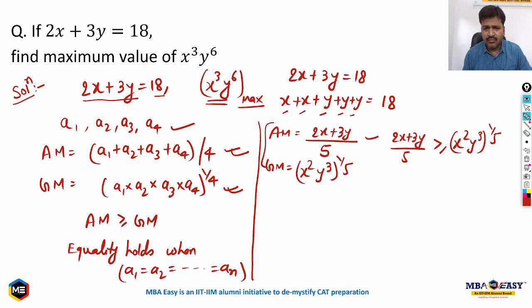This way of treating quantities as x, y will only give x square because there are only 2x, and y cube because there are only 3y. But we have to make 3x here, and we have to make how many y's? 6 y's. So how do you do that? I have to make 3x, but there are only 2x here. So what I will do, I'll bifurcate into 3 different parts.